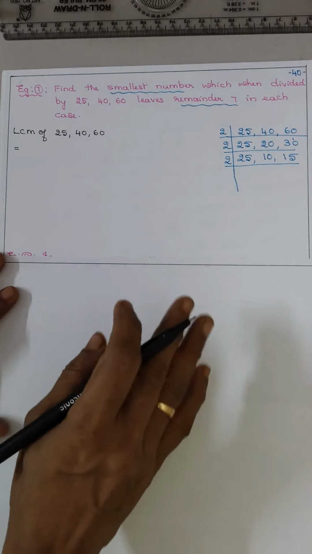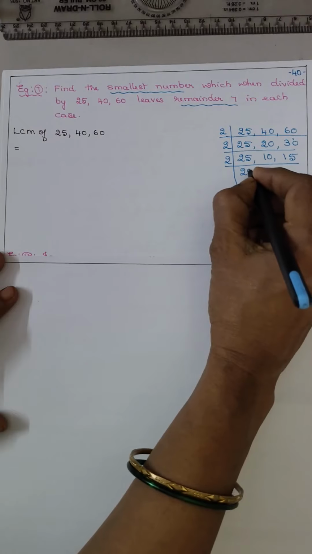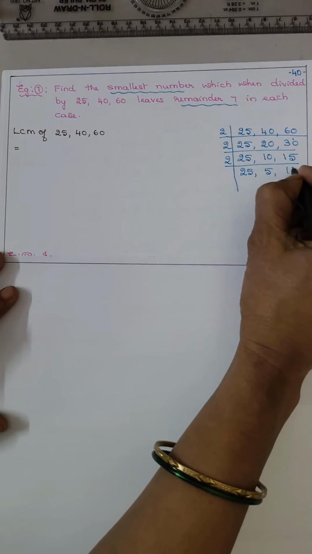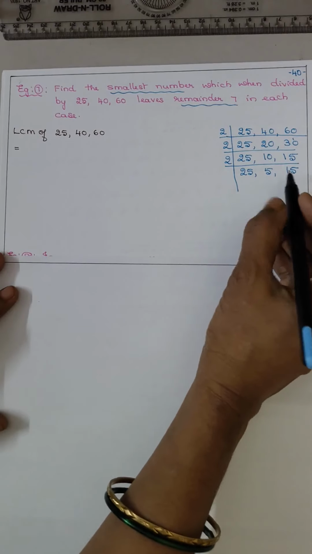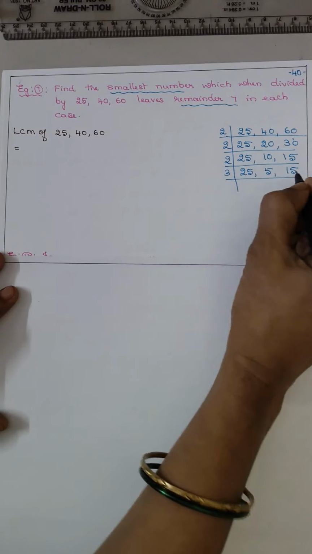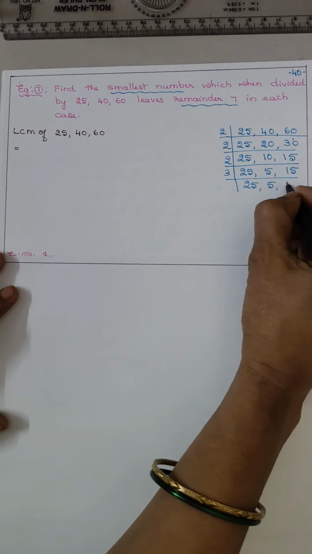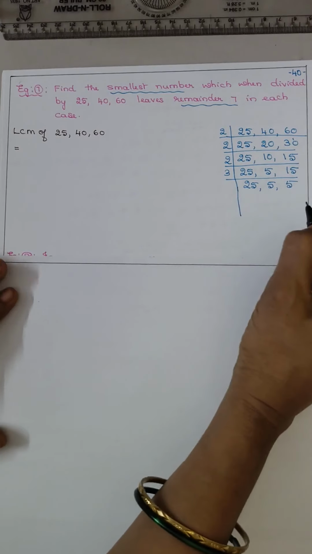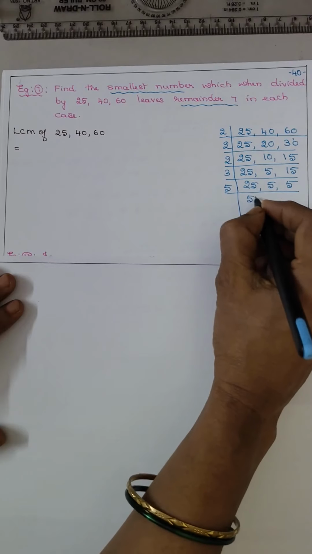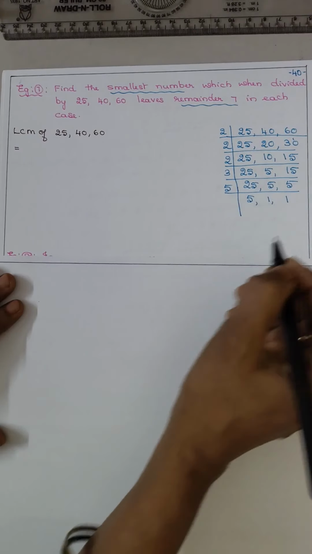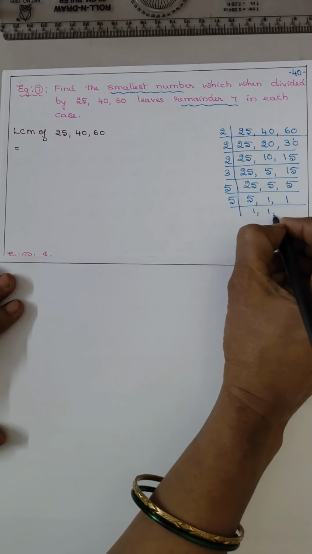So first you complete dividing by 2. So 25 as it is, 2 5s are 10 and 15 as it is. Now 15 is divisible by 3. So take 3, 25 as it is, 5 as it is. Now 3 5s are 15. Now it is 5. 5 5s are 25, 5 1s are 5, 5 1s are 5. Now 5 1s are 1 1.